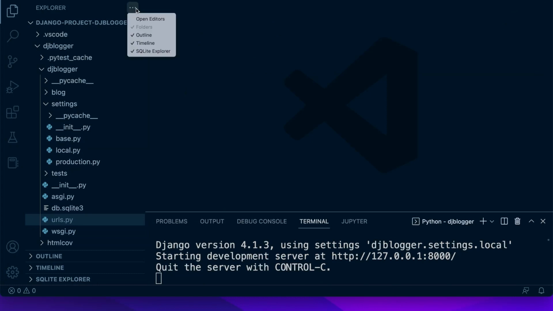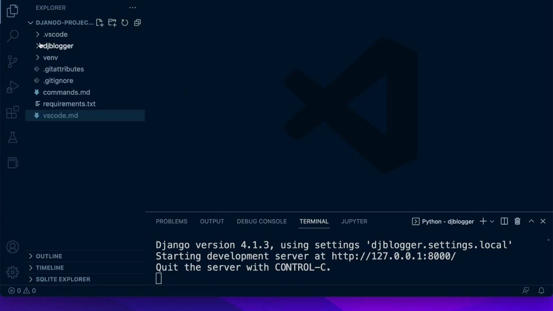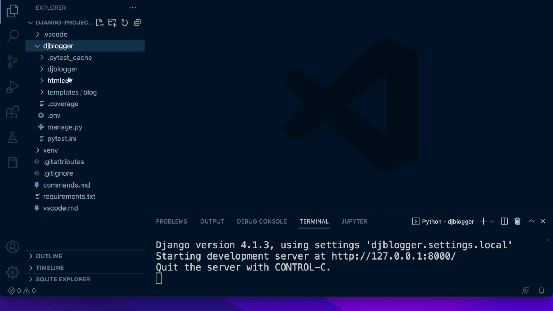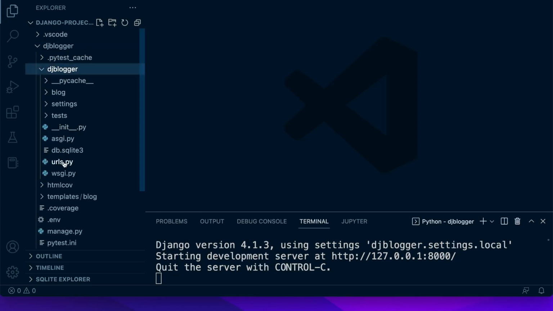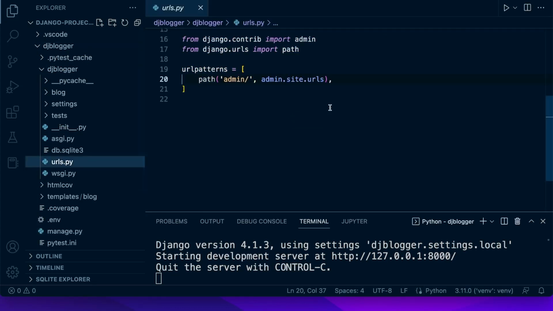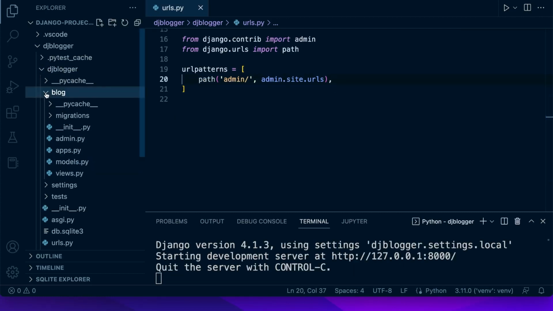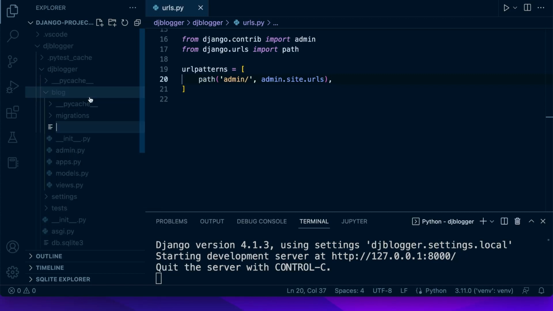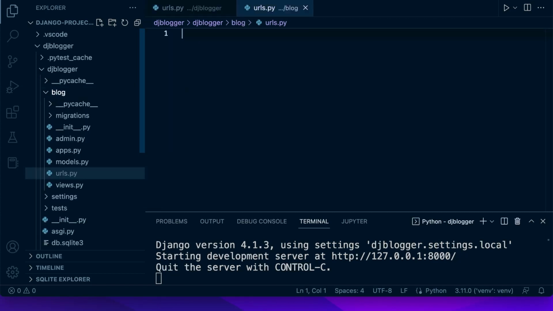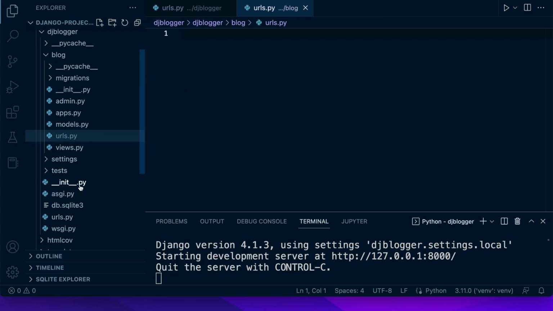So let's get back into our project. Remember that our main project folder here has the urls file. So this is our root URL. Django is going to look for these URLs first to make a match based upon the user's request. If it can't find them, then we can extend this, either write some things here, or we can extend it by adding URLs somewhere else. And that's what we're going to do. So inside of our blog, we're going to create a new file here called urls.py. And basically, we're going to import them in to our